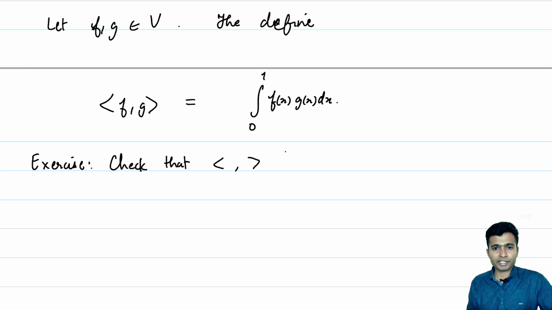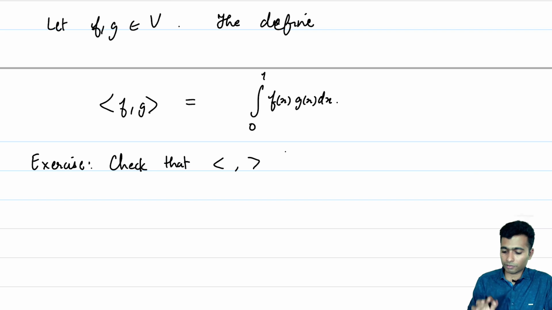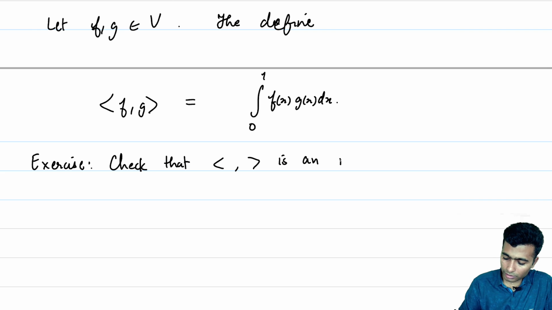but we are defining different inner products. In fact, we are defining different inner products on different vector spaces. So there is some abuse of notation happening. However, let me assume that you are now mature enough to see that a particular inner product is on a particular vector space. So this is an inner product.